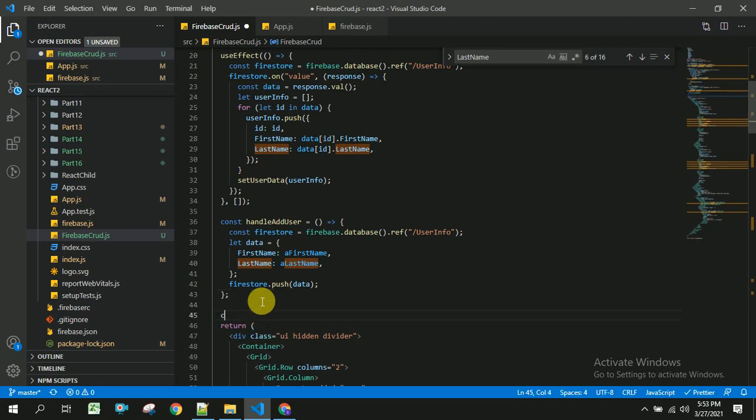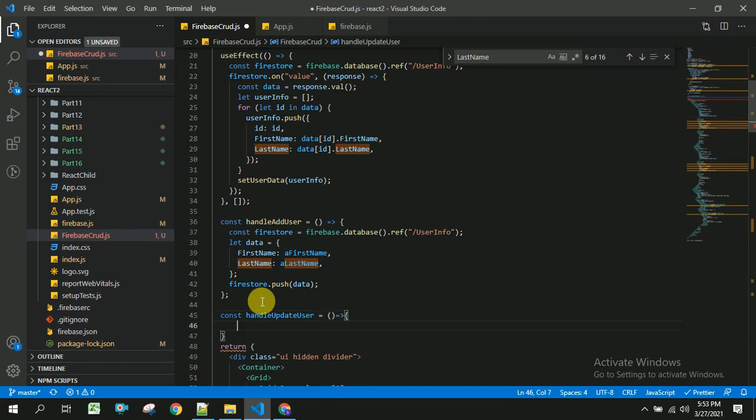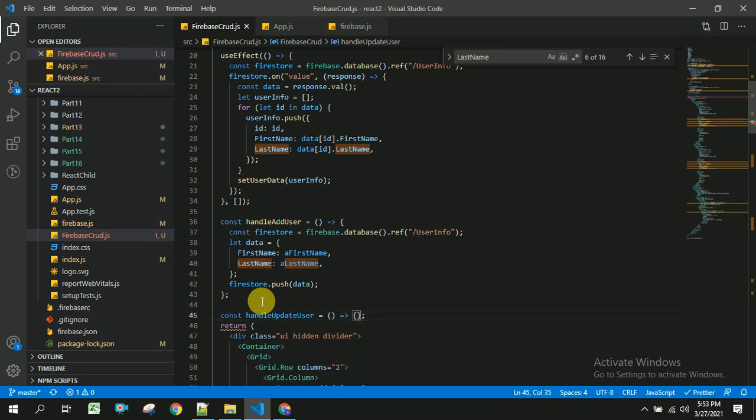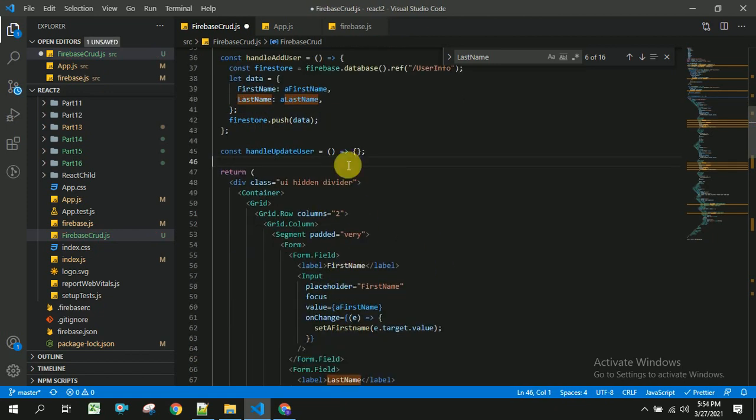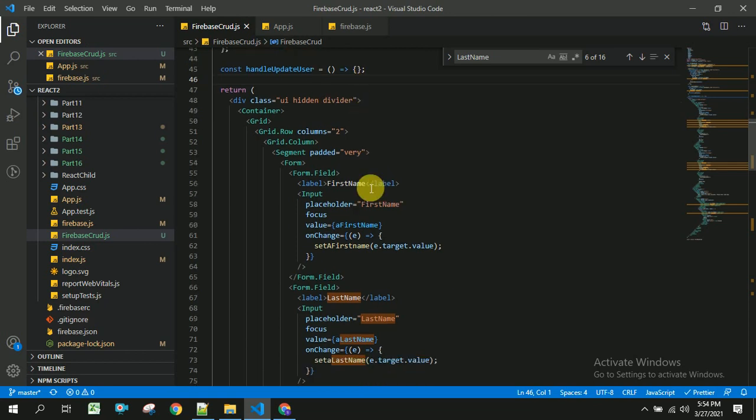So we will write some code. As of now I am keeping it as empty. Afterwards we will be writing some code inside this handle update user.